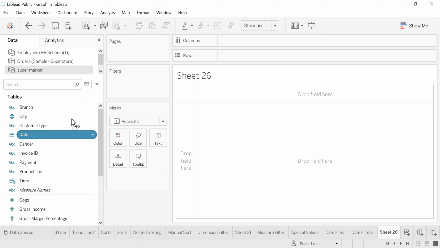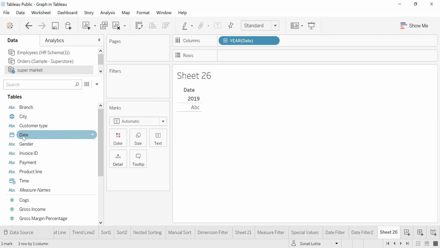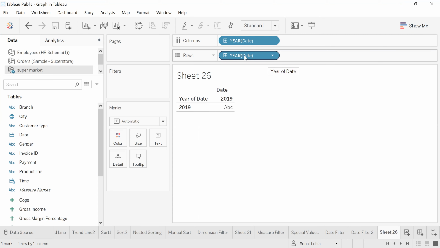So once you get the date column on the column shelf and a date column on the row shelf, because I need to create a calendar. In the calendar, I have 7 days, right? Monday, Tuesday. And similarly, I will have a week number in a month. So I know that both will come from the date column.